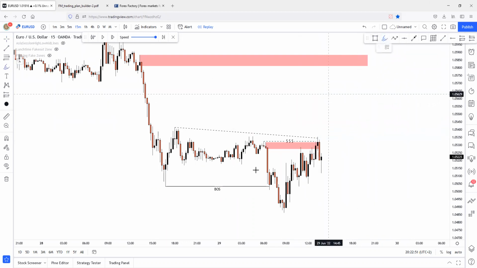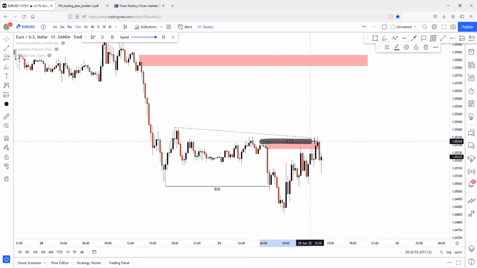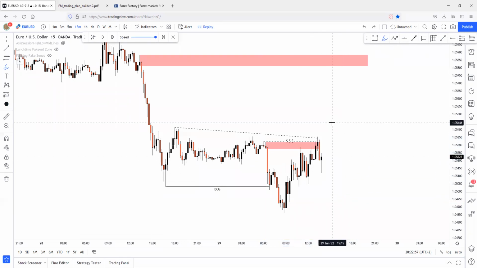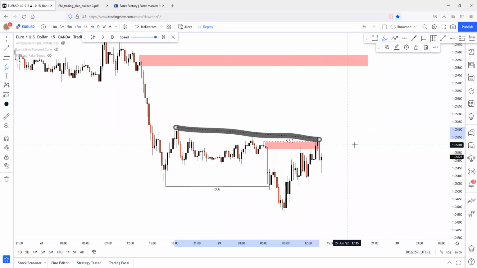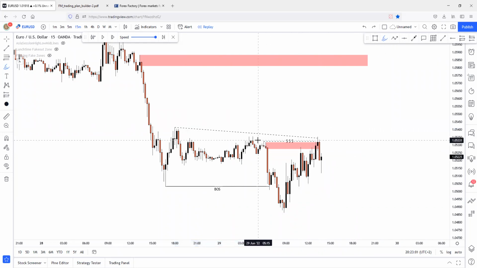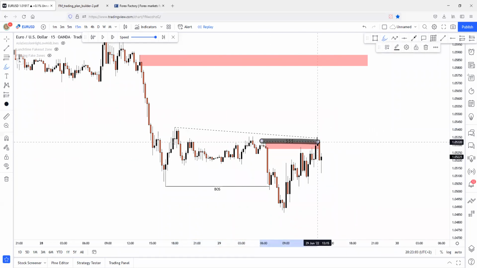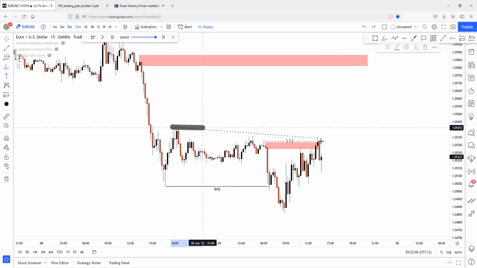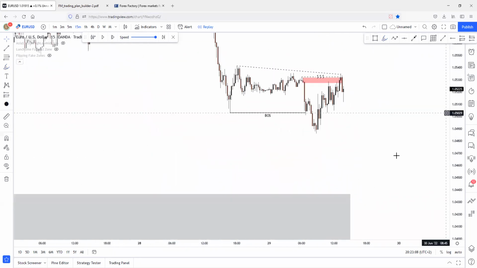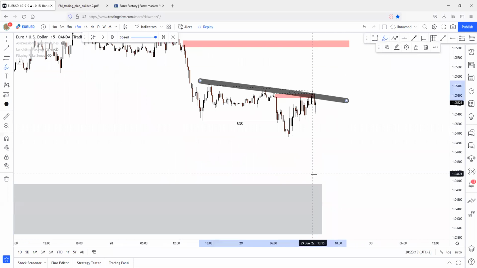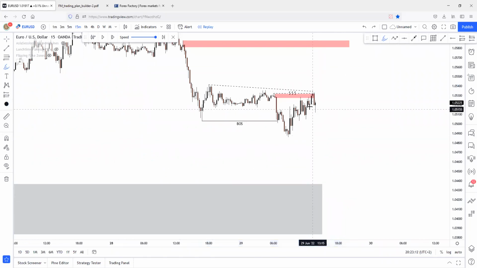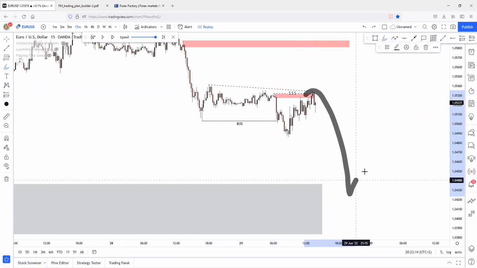But it seems like the price has swept this lower time frame liquidity, and after the liquidity sweep it reversed to the downside. So it doesn't necessarily have to sweep this liquidity to the upside too, because it swept enough liquidity from above this supply to reverse to the downside. So this liquidity will more likely be here for after a demand mitigation.